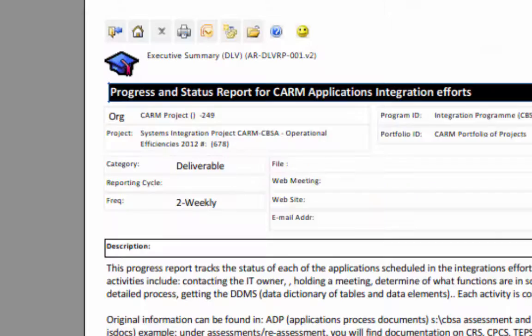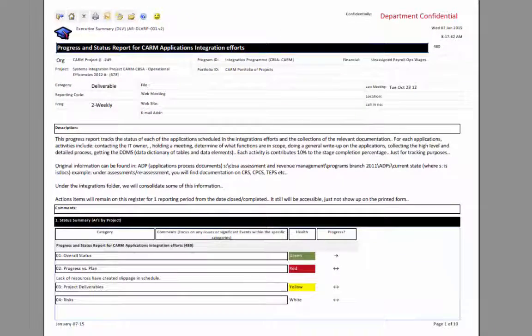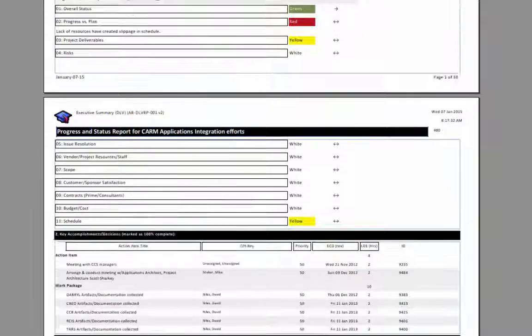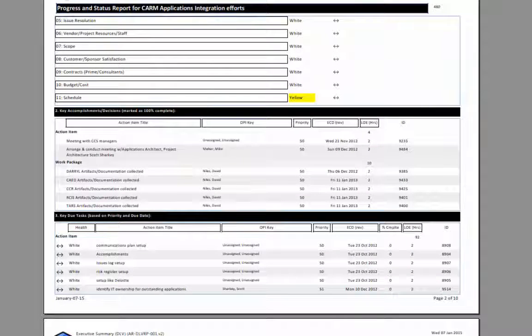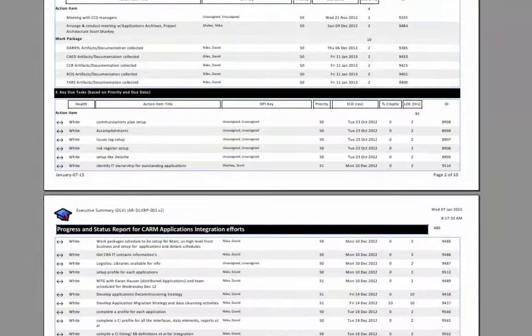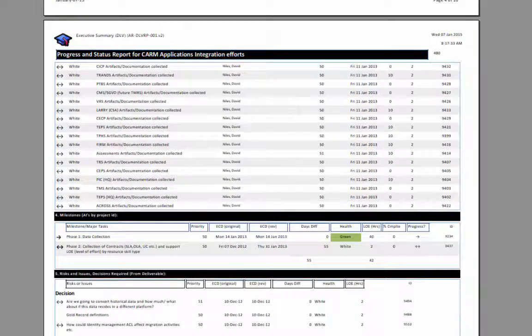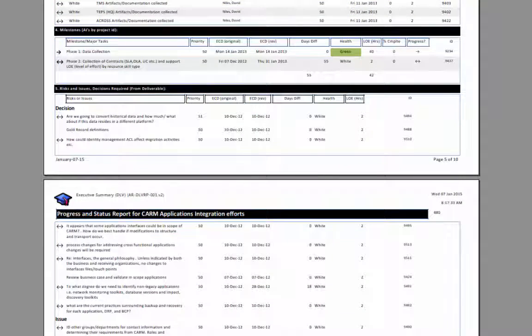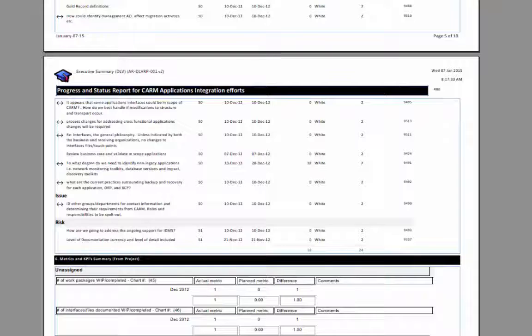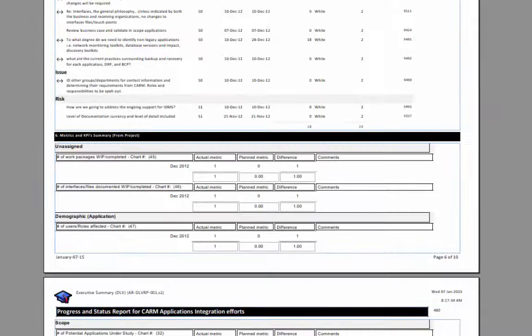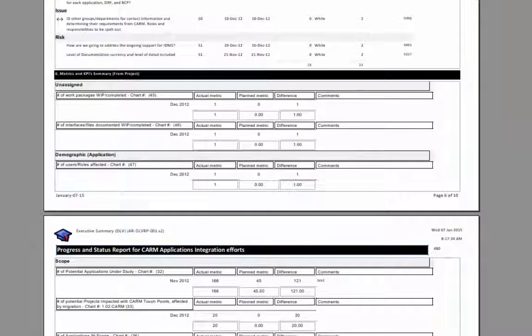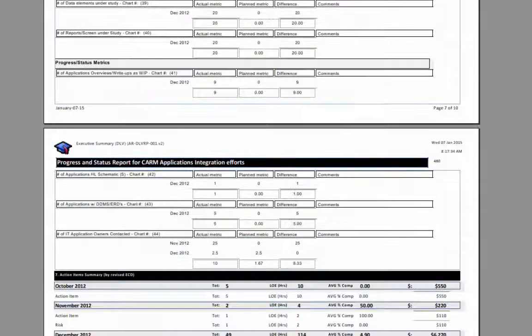Executive summary. This is the executive summary report. It gives an overall status: key accomplishments, key due tasks, what was due, risks and issues, milestones. Again, this is a little bit more detail. If there are metrics being tracked, we can track those metrics